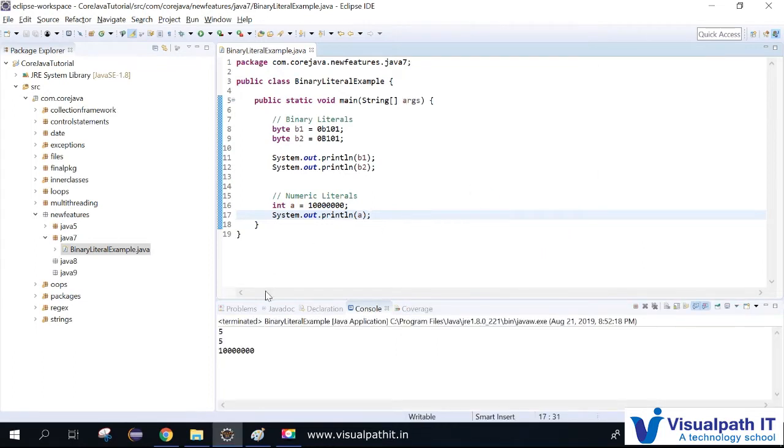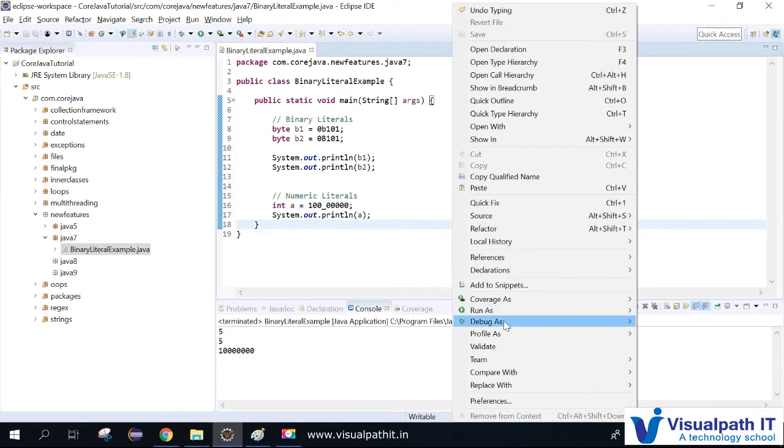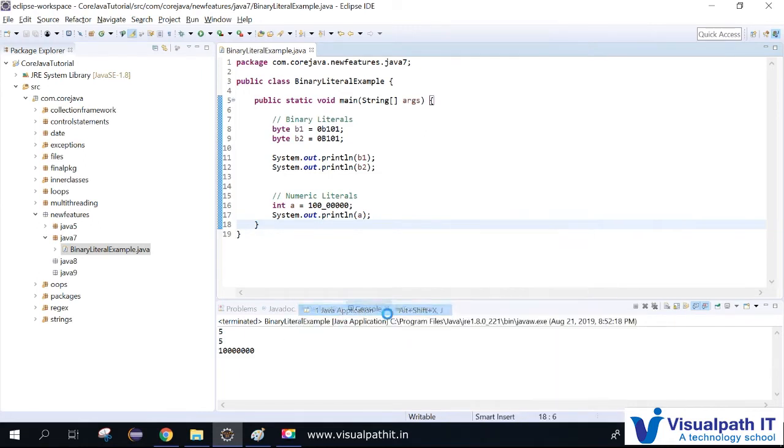So to avoid this one, there's no difference, it's just giving that value and it's printing here. There's no difference, but I want to make it more user friendly. I just want to make it easy for a user to understand. So for that, I'm adding an underscore anywhere you want, and no errors are coming. You can run it, but still the value will be the same.